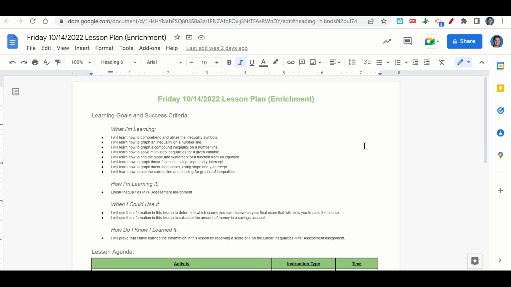Welcome everyone. Let's begin our lesson for today by going over the learning goals and success criteria. First, what are we learning? We're learning how to comprehend and utilize the inequality symbols, how to graph an inequality on a number line, how to graph a compound inequality on a number line, how to solve multi-step inequalities for a given variable, how to find the slope and y-intercept of a function from an equation, how to graph linear functions using slope and y-intercept,